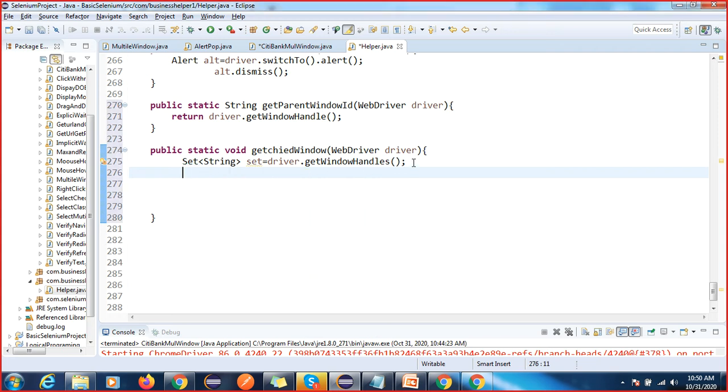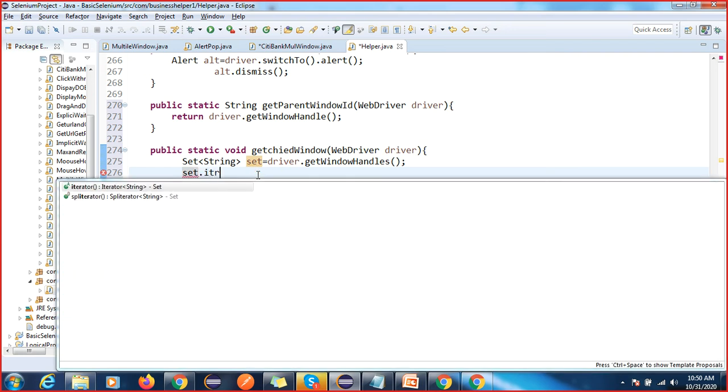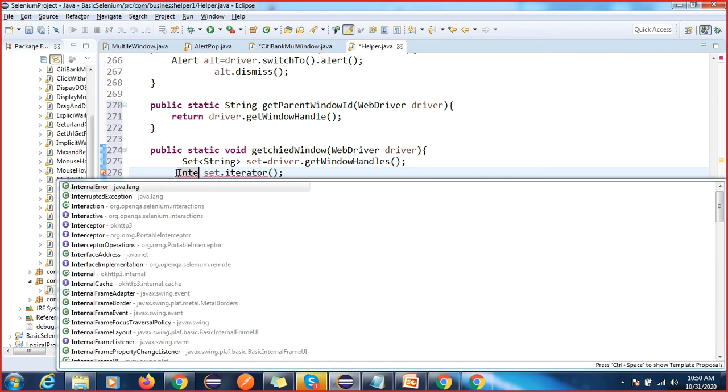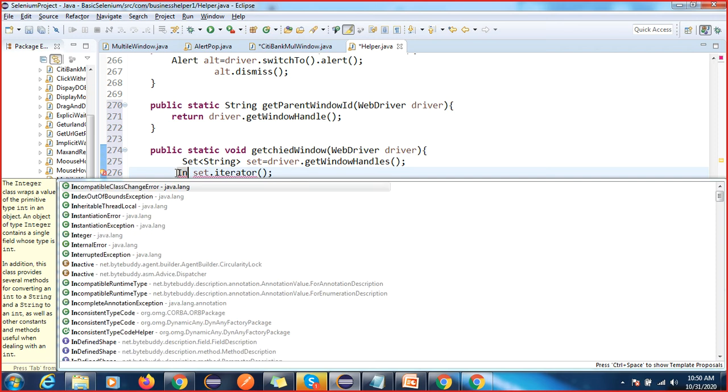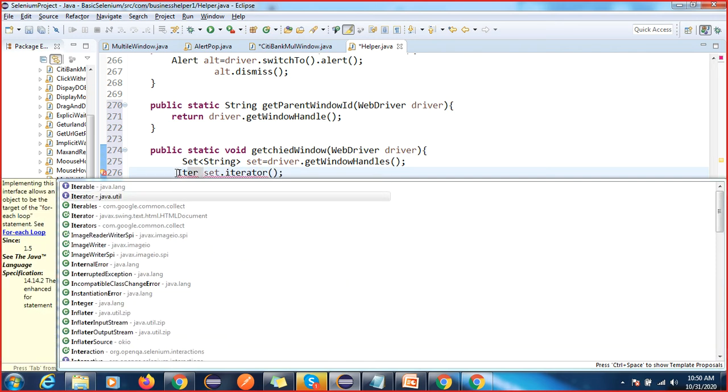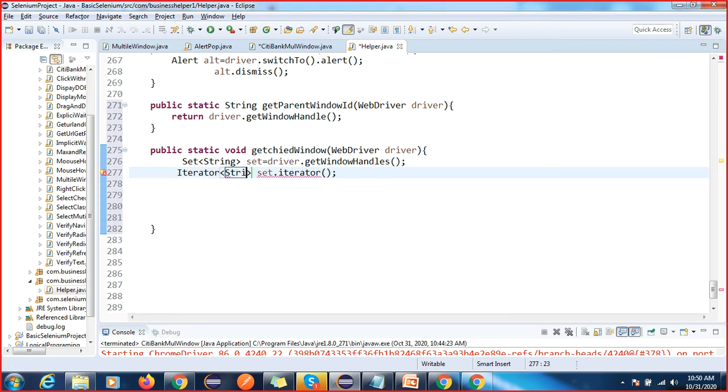So I'm going to access set.iterator. This iterator will return the Iterator type, from the util package, with a string type. Same thing I'm going to do here.